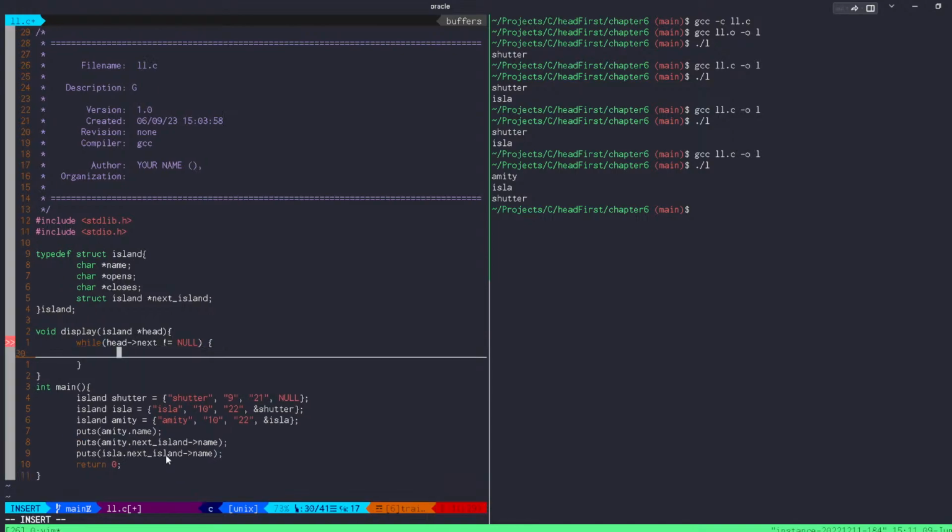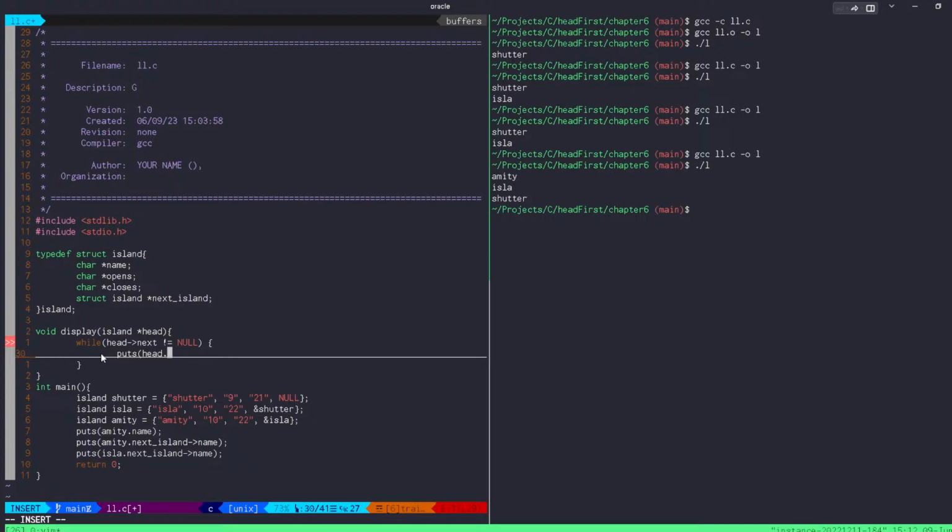We will keep on moving to the next item. Okay, while head next. So head is an island, and island has a value next, and we are pointing to that next until it is not equal to null. We keep on moving. We keep on printing